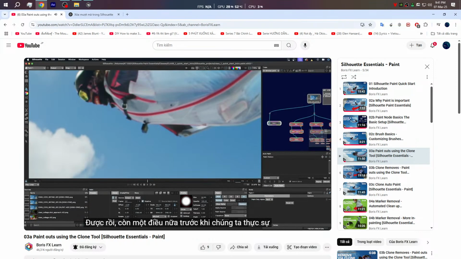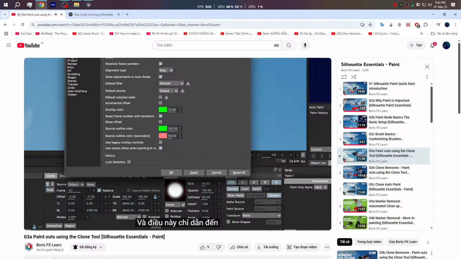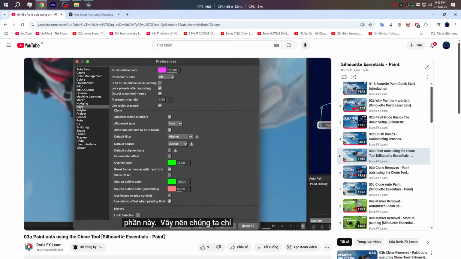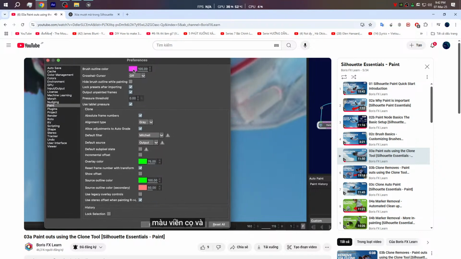Okay, and just one more thing before we really start painting is to take a look at the preferences. So I'm going to open up the paint preferences here by clicking this icon to the right in this little paint tab window, paint preferences. And this just brings up just this section. So we'll just talk about a few things here. So this has the color of the brush outline color and the source outline color. So we'll just get out of this real quick and